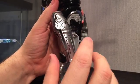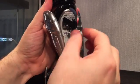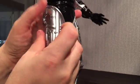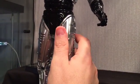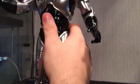Like I said, I don't know if the early releases didn't have the hinge or I just didn't see it, but it does have a hinge and the leg works really, really well. So I'll just put that back, close that in. So that were another thing that I sort of missed, or don't know if I missed it or if I overlooked it. Now, looking up at the head,